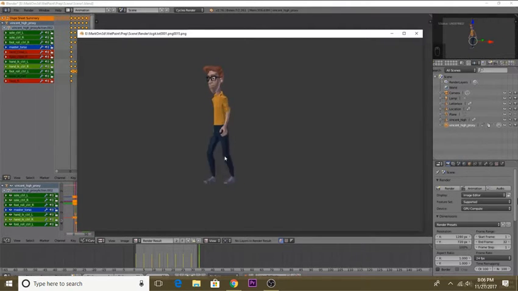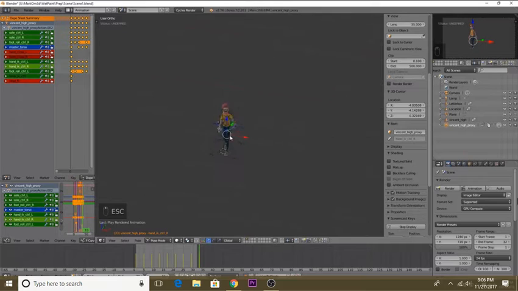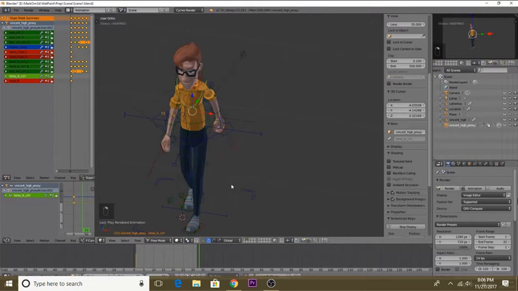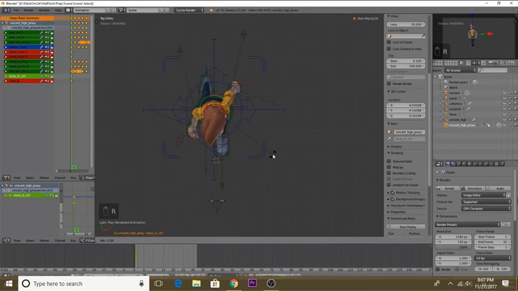That's a little bit concerning, just that knee there. Looks like he's got a bit of a limp. Alright, but let's go with that. So first things first, I would like to go, okay, so his right arm is forward, so we're going to rotate